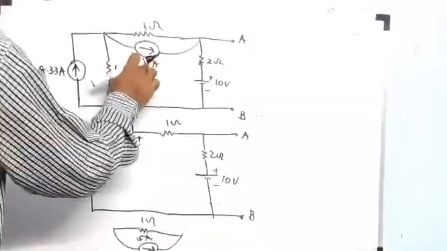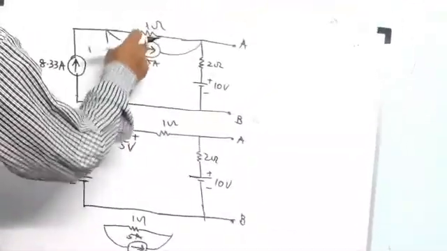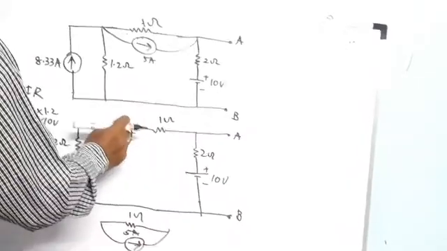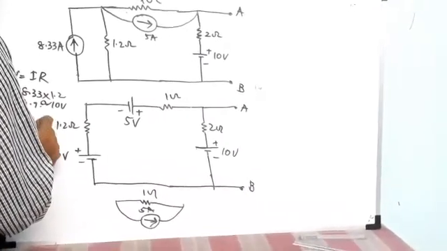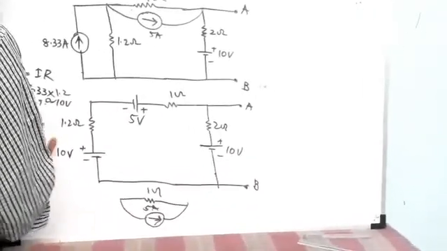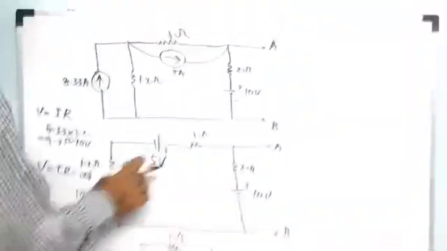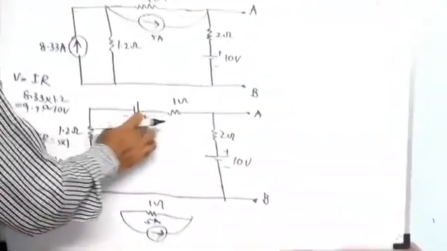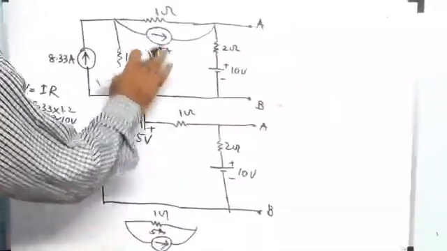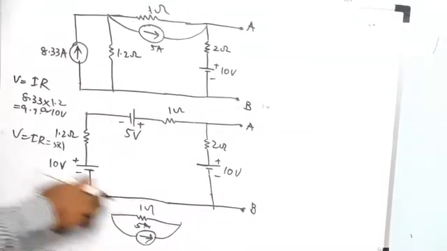But again another current source is there in parallel with one resistance. So again I have replaced it by a voltage source. So this is current and this is resistance. So I is equal to V by R. So V, I want the voltage. So voltage is equal to I into R. I is how much? 5. Resistance is 1. 5 into 1, so 5 volts. And 1 ohm resistance is connected in series. Now the arrow goes to that side, right side. So the polarity is first, left side is negative polarity. Now the circuit becomes like this.